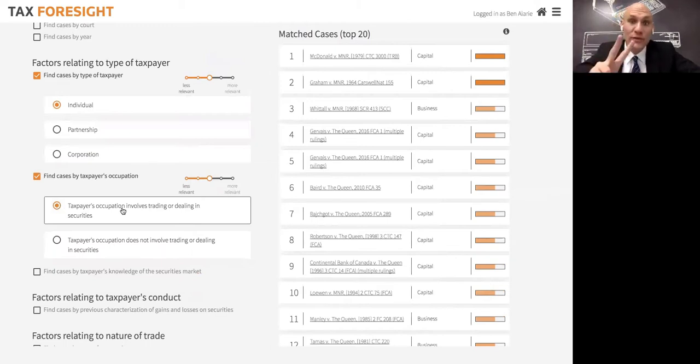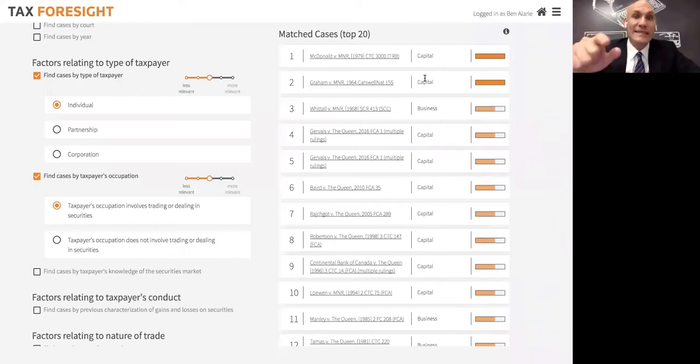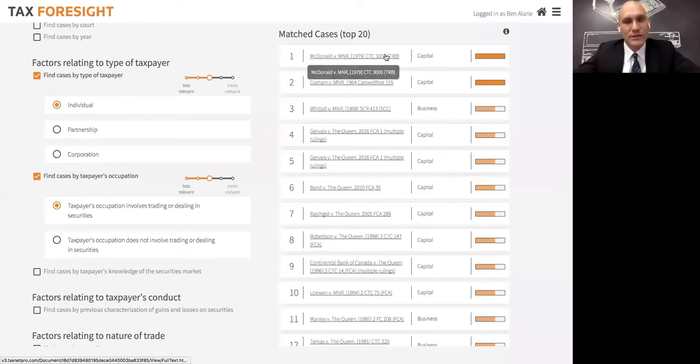Okay, I have just 2 of these cases that have ever been decided in the data set. So one's from 1979, one's from 1964. Right now, there's no easy way, aside from using Case Finder, to locate these cases very, very quickly. So as an advocate, what I'm going to do is say, okay, I need to find those cases. I need to read those cases. If I click on the link, it'll take me out to TaxNet Pro.